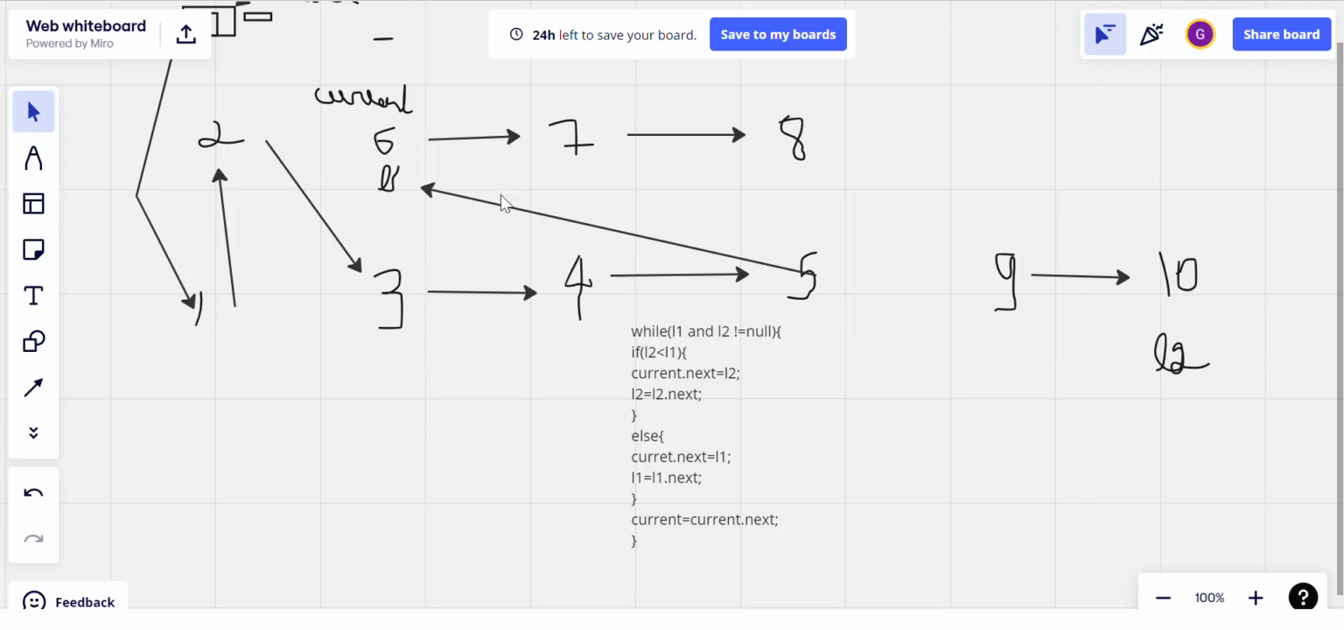And next, again L1 and L2 is not null. So now again, is L2 less than L1? This is L2, this is L1. 10 is less than 6 is false. So current dot next is equal to,